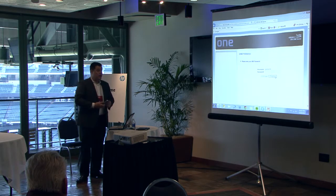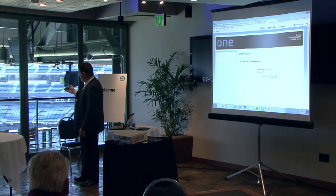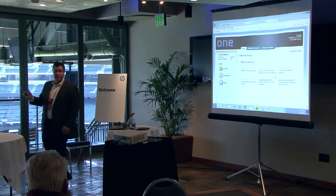You can put in a password. What I've done is I push that. I just got a mobile verification to my phone, and it's going to tell me on my phone that G. Salyards is attempting to log into this website from this geographic location, this date and time, and I'm going to hit approve. What you'll see, without having to remember a password, I'm going to be logged into this